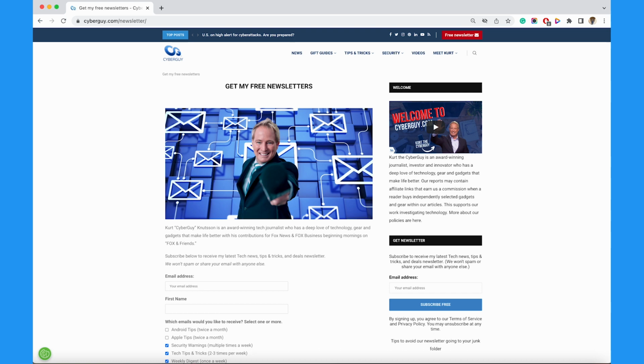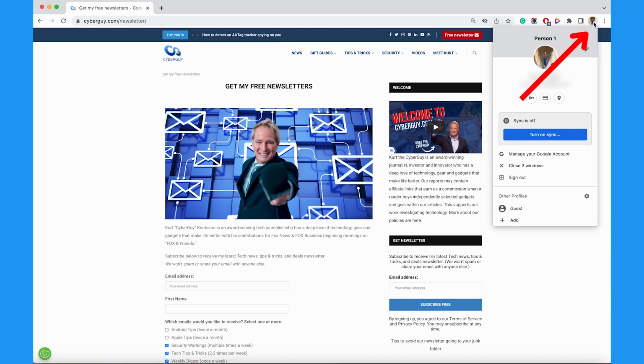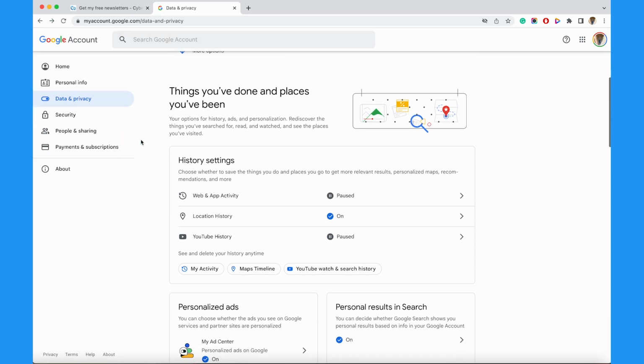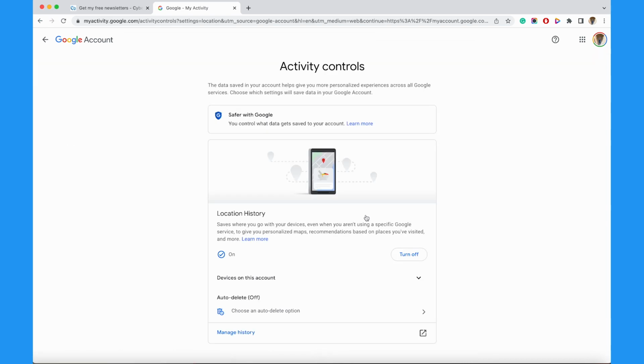If you're on a desktop, open Chrome and then tap your profile picture on the top right. Then click Manage Your Google Account, tap Data and Privacy, and under History Settings, tap Location History. If this is turned on, be sure to turn it